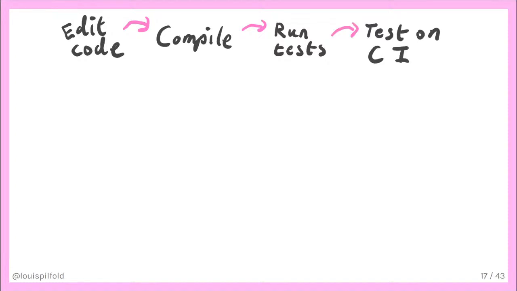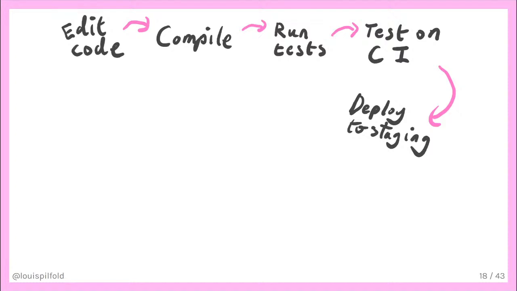Once I've uploaded my code, it triggers a build on the CI server. It runs all the unit tests, all the integration tests, maybe it runs some linters like Elvis and Credo, and it tries to spot any mistakes that I've made. And if all those checks pass, it then deploys the new application version to a staging environment. On the staging environment, I can manually test the application and demo the new behavior to stakeholders who, if satisfied, give the green light to continue.